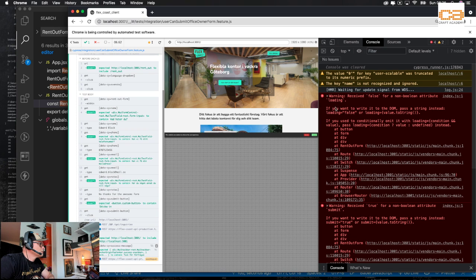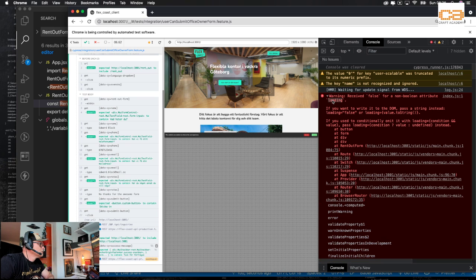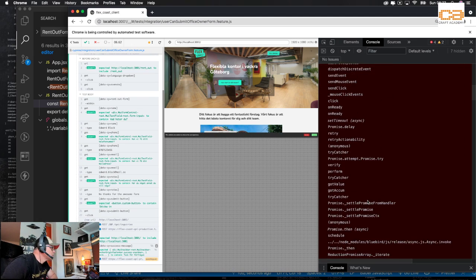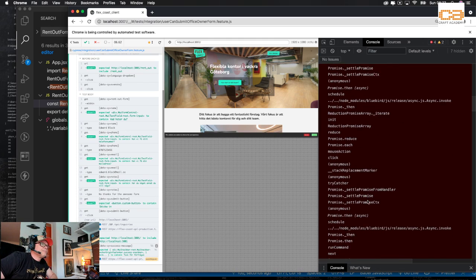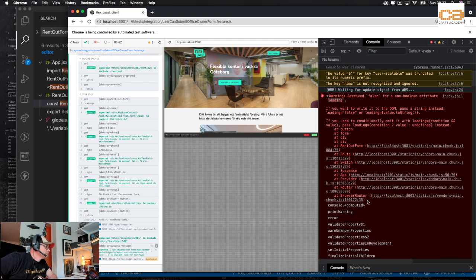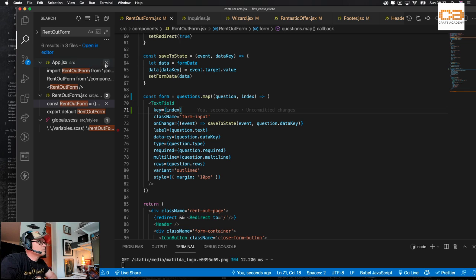For a non-boolean loading, if you want to write it as loading false, but where is that? Where is loading? Do we know anything like that here? Do we have any stack trace? Okay, let's see, where is the loading found?